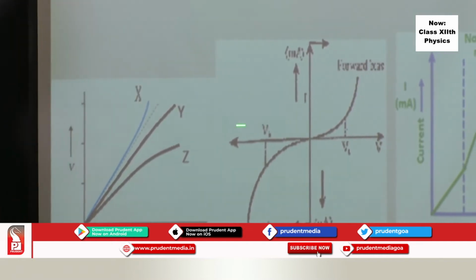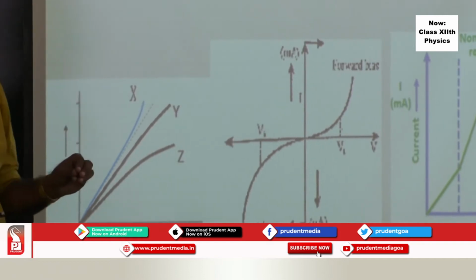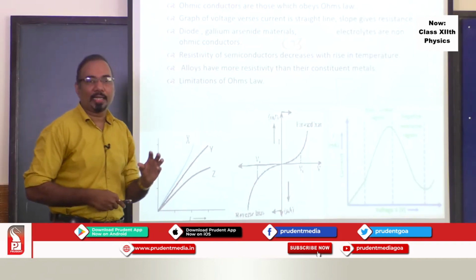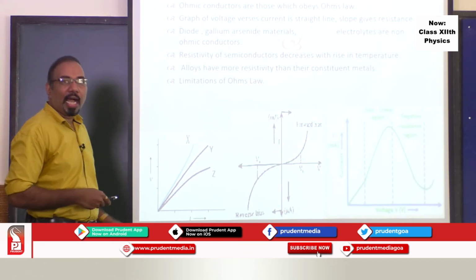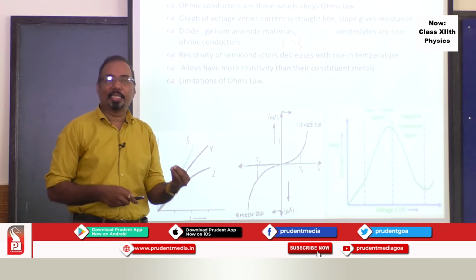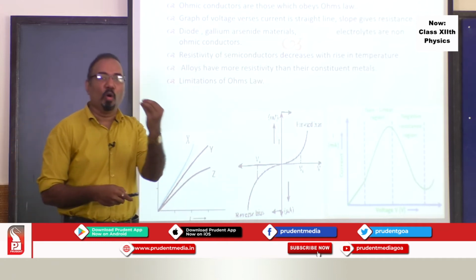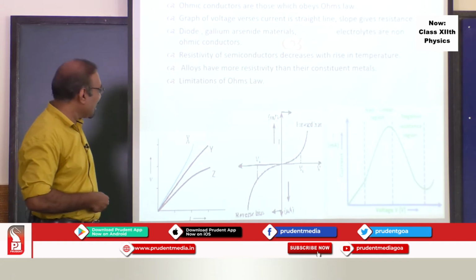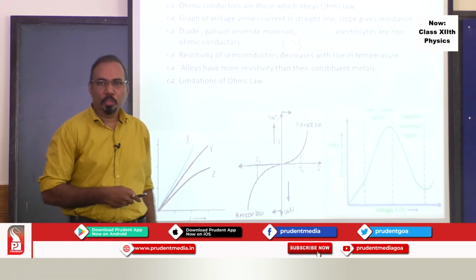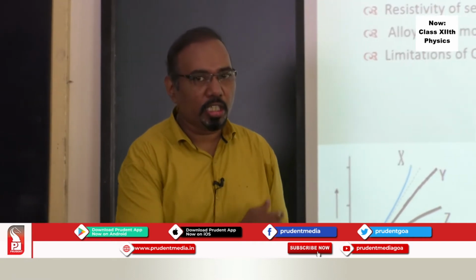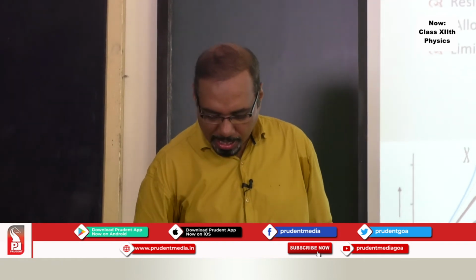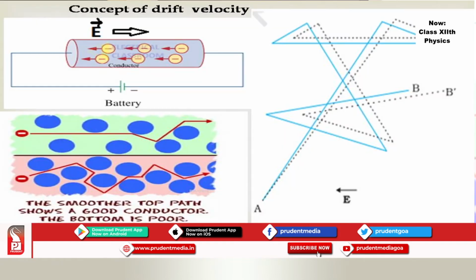What is the reason behind that? The reason goes back to resistance of a conductor depending on temperature. So as you increase more current, the conductor gets heated. The electrons collide more with the metal ions, and that's the reason why the linear graph of V by I deviates from the standard one. That temperature dependence we are going to study in the topic ahead. So this is what exactly is meant by ohmic conductors and non-ohmic conductors.